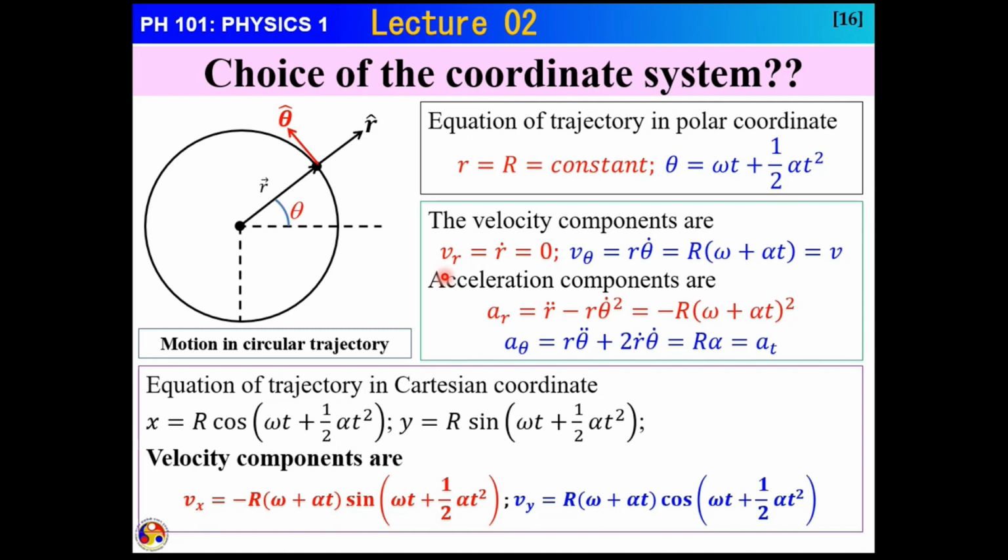The law of motion or law of nature doesn't depend on what coordinate system you are choosing. It is going to give the same result at the end, but identifying the symmetry and choosing a certain coordinate system is quite useful for how conveniently you can solve certain kinds of problems. So you should be habituated with that.